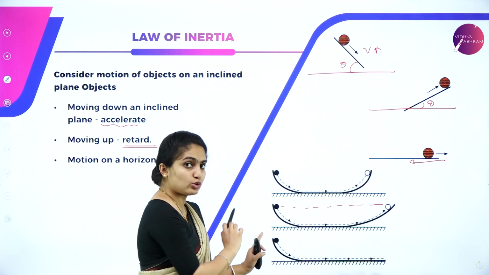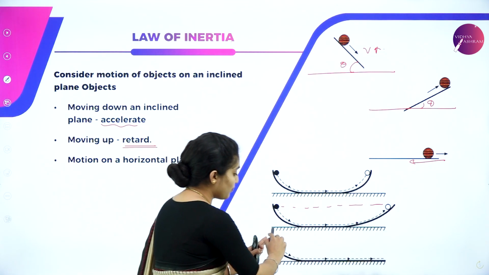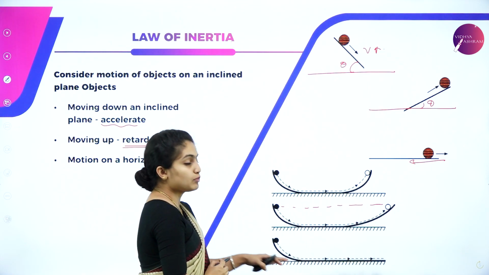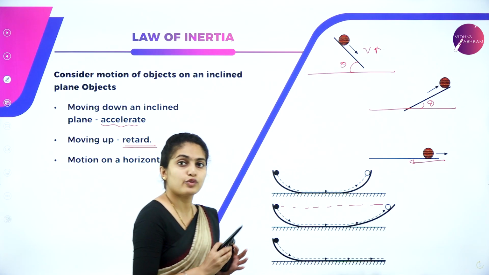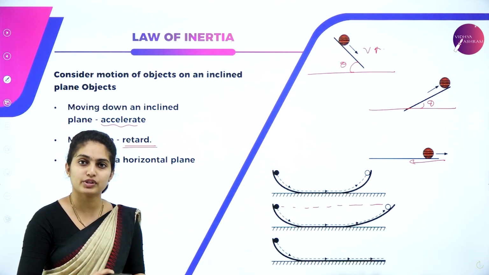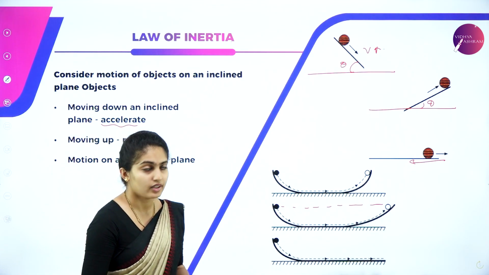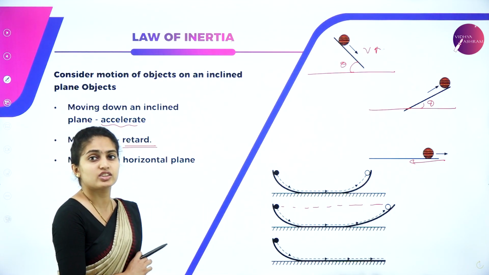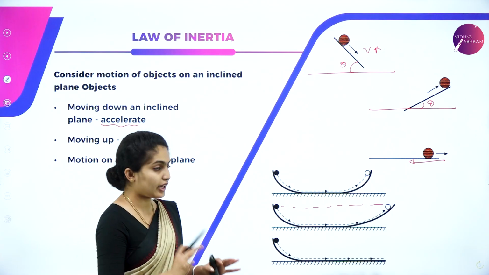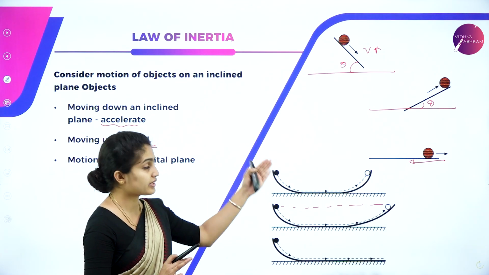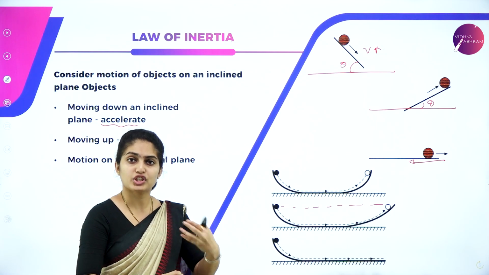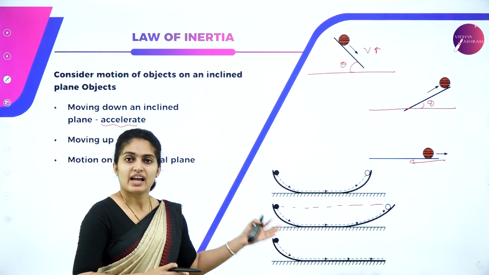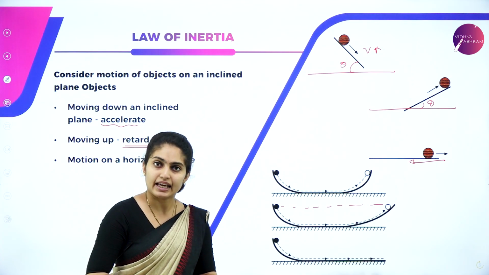And suppose there is one single inclined plane and the ball is made to roll on it. It moves until there is a force acting against the object, and finally it will stop at the end. So all these concepts are put under a concept called the law of inertia. I hope you have got the idea how exactly a rolling object acts in the case of a singly inclined plane as well as a doubly inclined plane.